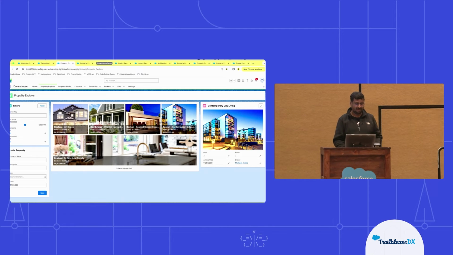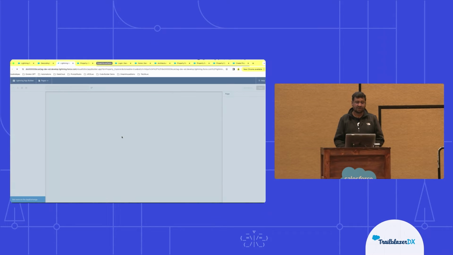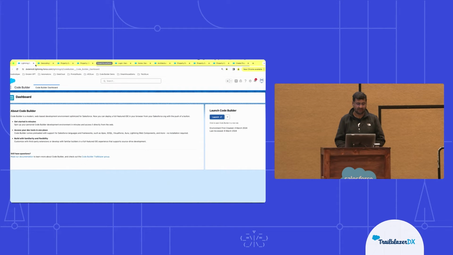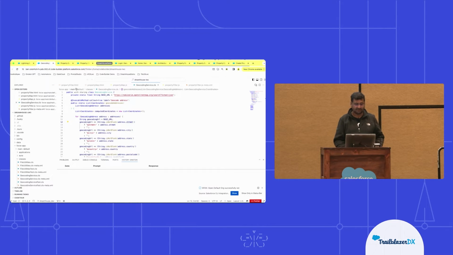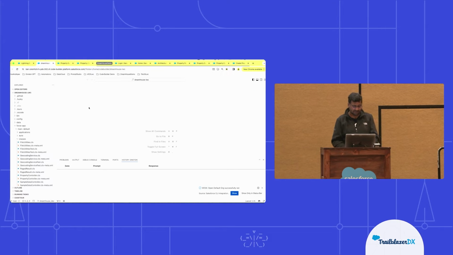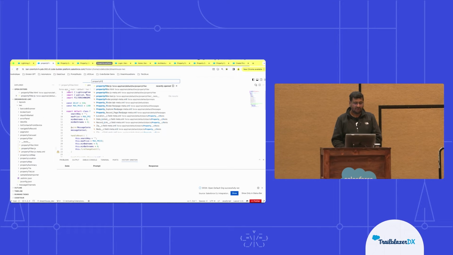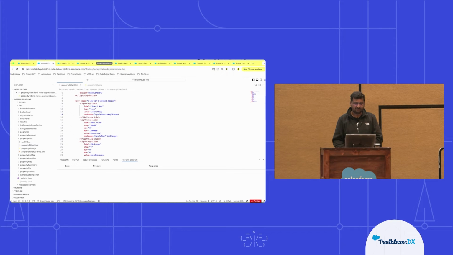Now if you see the filter component, you can go to the Lightning App Builder and see the component name. So when I select this component, I can see it is a property filter component. Let's go to our code builder here. And we can close all of these things. Let us open the property filter component. Okay, I have opened the property filter component. Here,